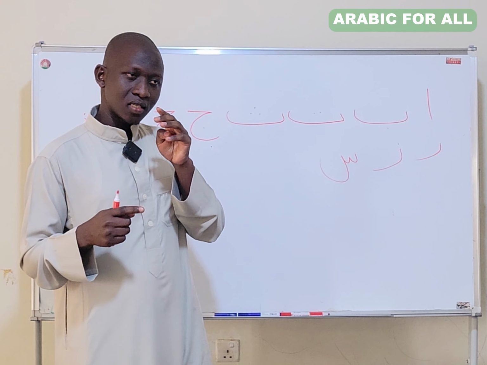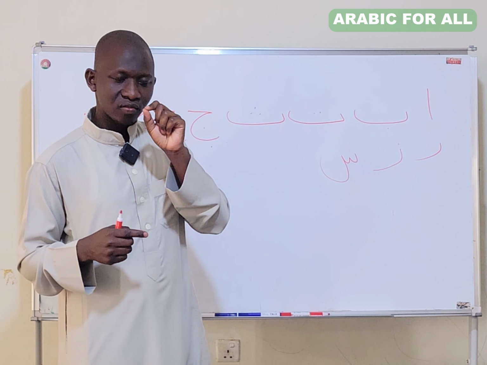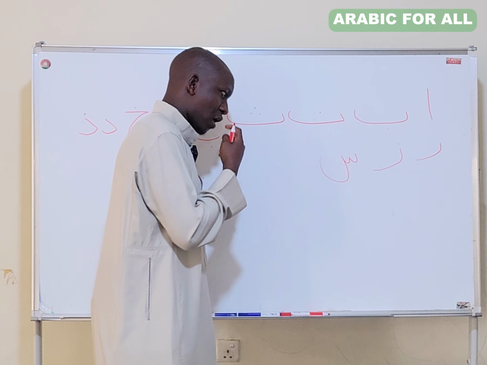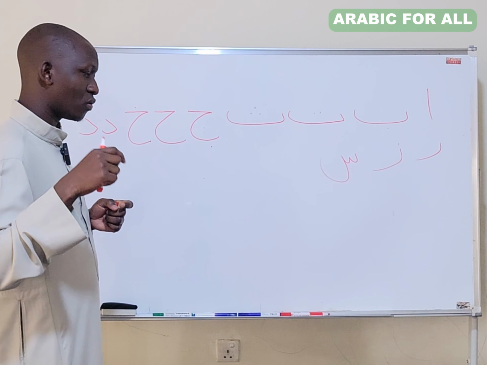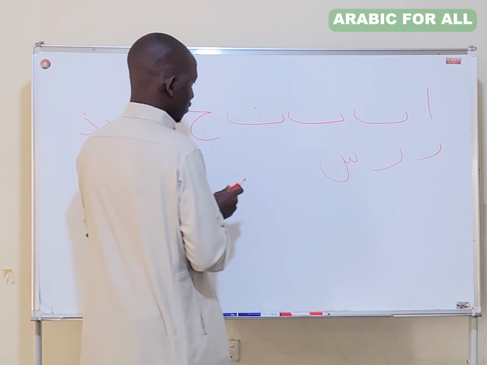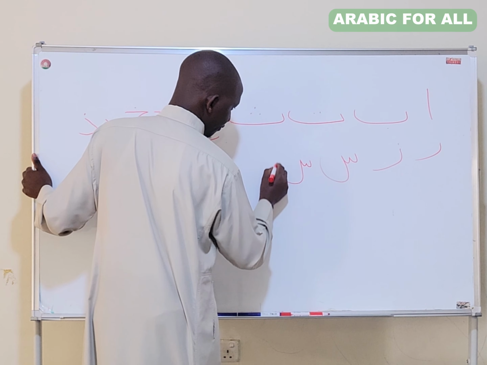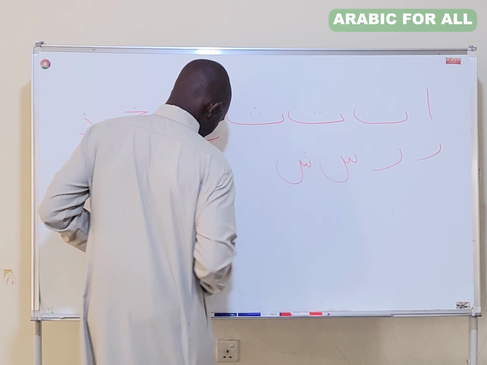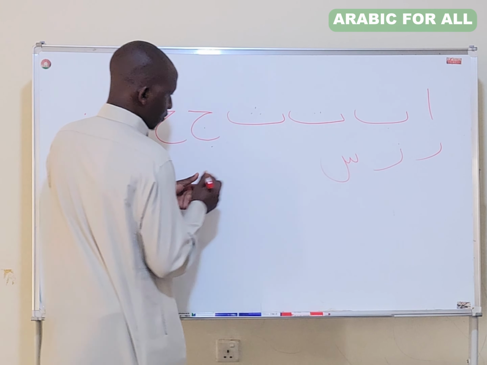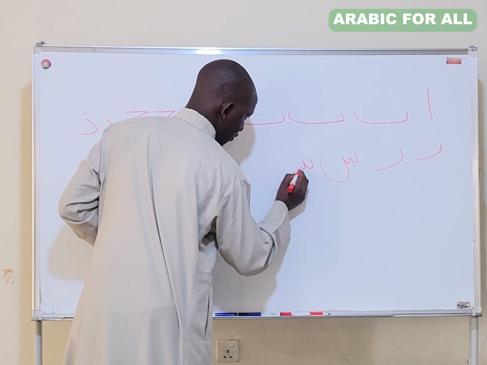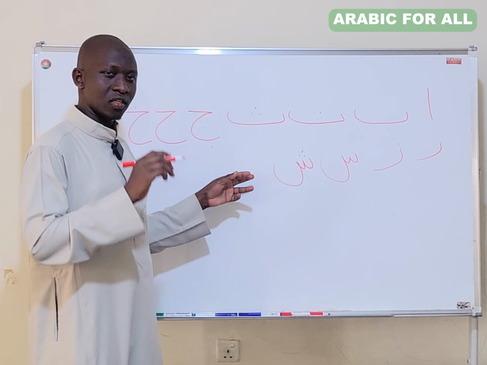Sin also comes from the same place as zai. The tip of your tongue touches the roots of your lower teeth from inside. So we have shin as our next letter, which is written like this. We have shin. We write it like this. Shin. Take your hand and then